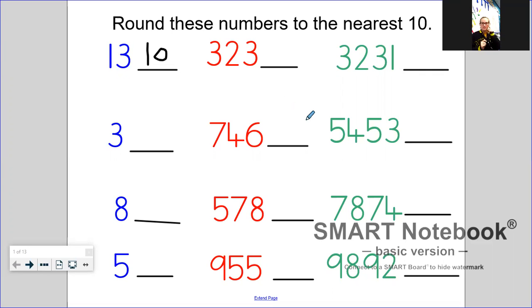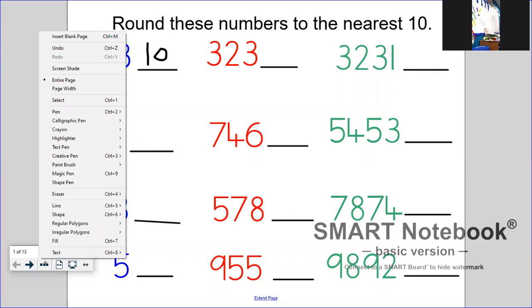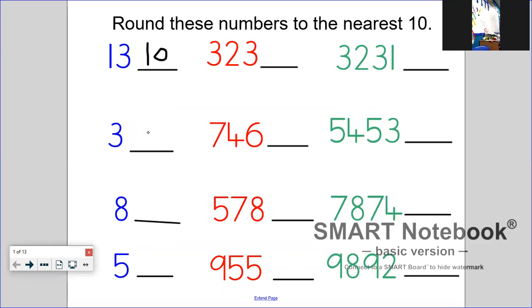So you should have had enough time now, and I am going to write them on my board. So 3 should have been rounded down to 0. 3 would be rounded down to 0, 8 would be rounded up to 10, and 5 would be rounded up to 10. So remember, when it's in the middle, we round it up. So now we've got